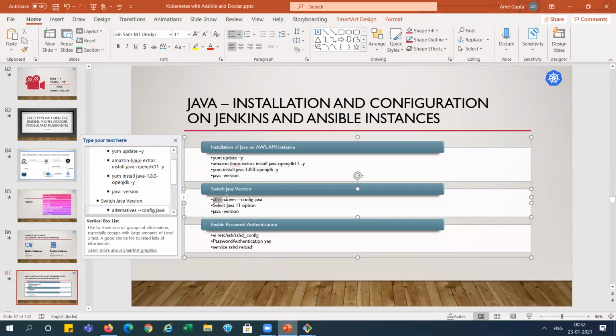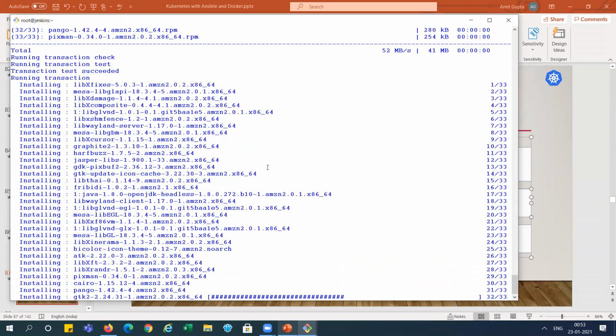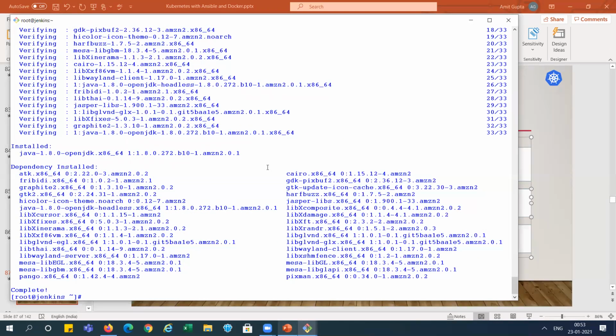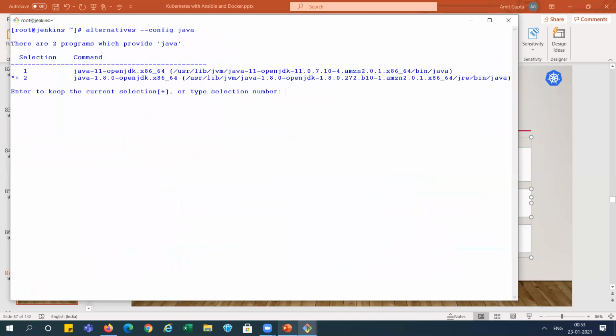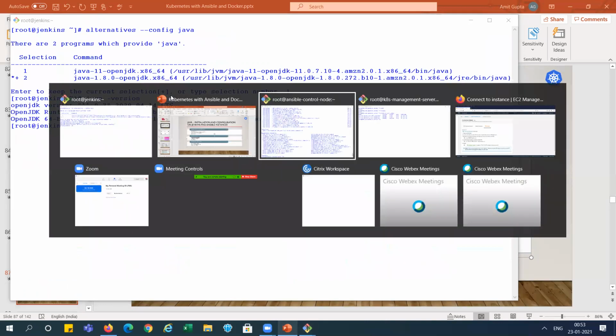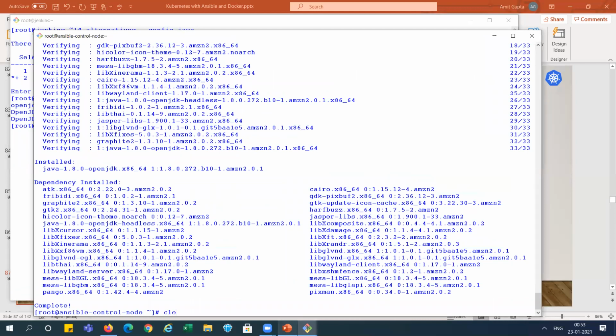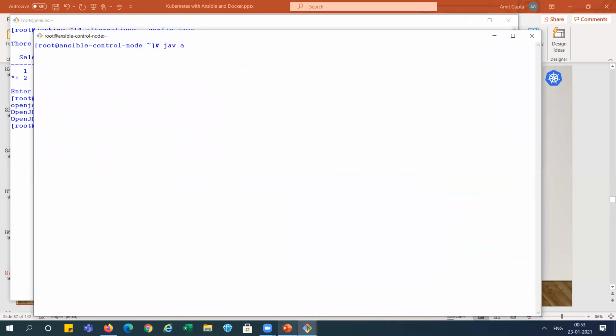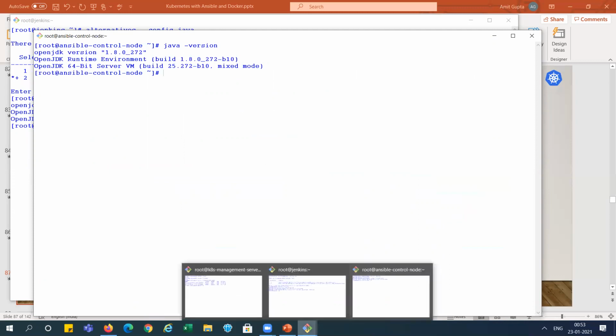After that, we will check which Java version is required. See here, currently selected is 1.8, so I'm selecting one here, and we can see the Java version is 11.0 on the Jenkins server, and on Ansible this is 1.8, right? Both are fine, we can work with that.